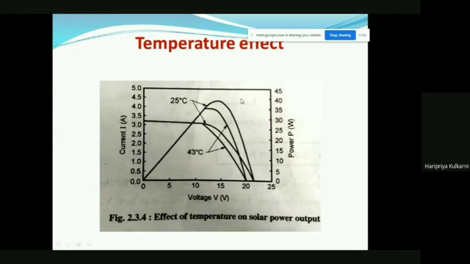Now, effect of temperature. Again, depending upon the temperature, the characteristics change. This is the IV characteristics and this is the PV characteristics. Both characteristics are drawn on the same graph. You can observe the upper one with the maximum power and maximum current is shown at 25 degrees centigrade, whereas at 43 degrees centigrade, as the temperature increases, the characteristics get lower because this is the climatic temperature. The relative temperature difference achieved by the solar radiation and the ambient temperature definitely will decrease the solar